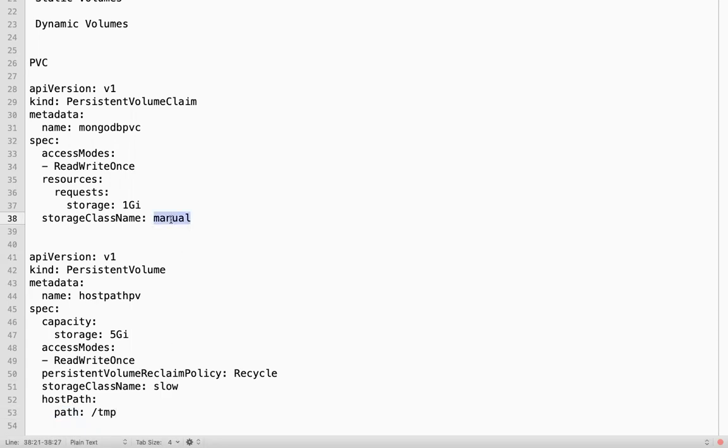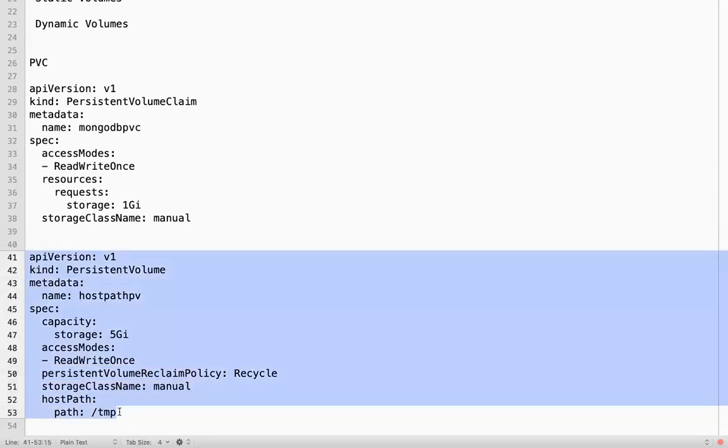Storage class: there is no storage class, so manual. I will come to what these reclaim policies and all are. So now, if I create something like this,